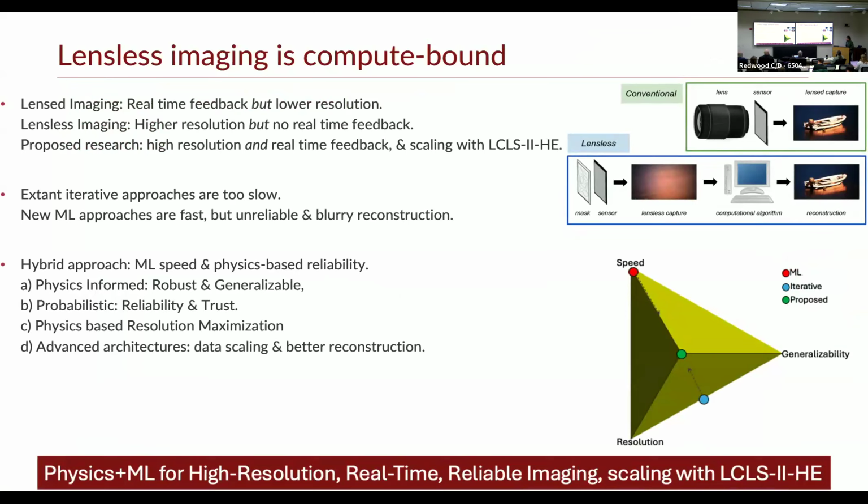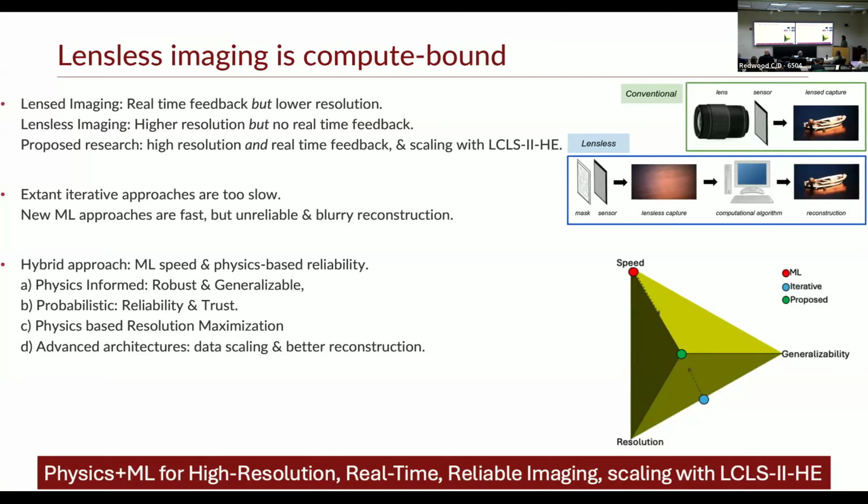Because X-ray optics are basically hard to build, if you want diffraction limited resolution, you have to go to these lensless techniques where you take out the optics. So you directly measure the diffraction on your detector of the coherent beam scattering off of your sample. And from the diffraction, you computationally reconstruct an image of the sample. Solving that diffraction to real space map, inverse map, gives you significantly better resolution than lensed imaging, but